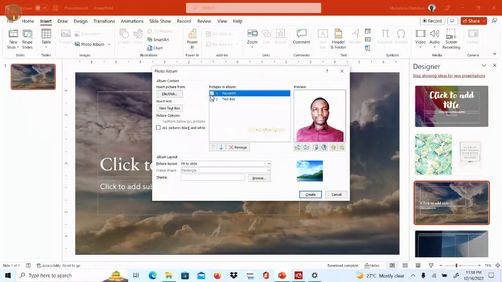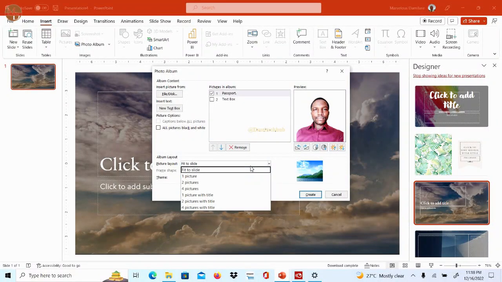Now you can include all pictures to be black and white. Just click on it. If you have multiple objects, you can rearrange, you can remove from here. You can fit to slide. You say picture 1, picture 2. Okay, one picture. You can also pick from here, one picture,